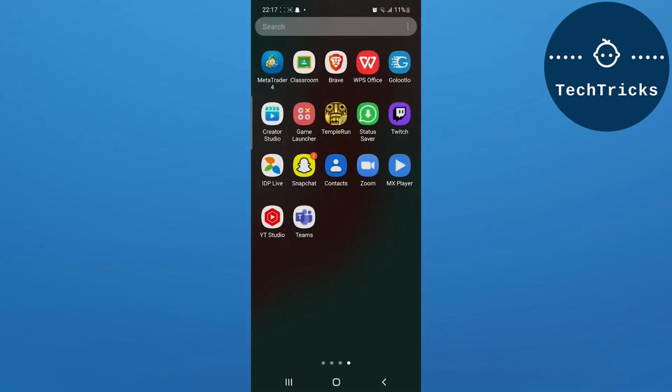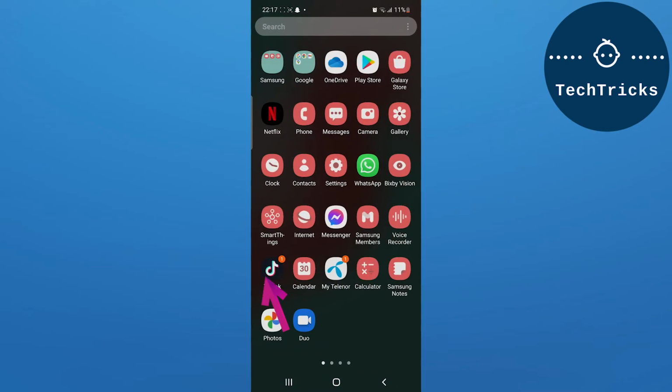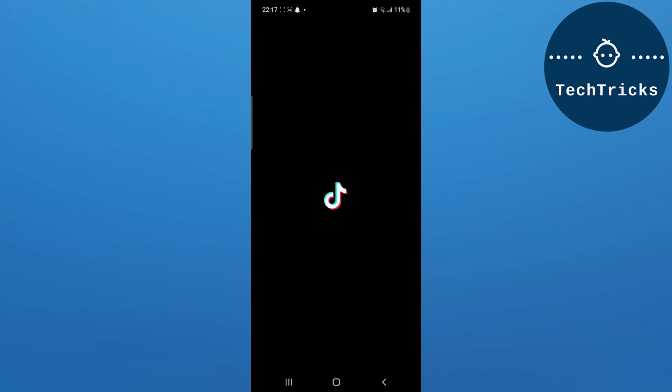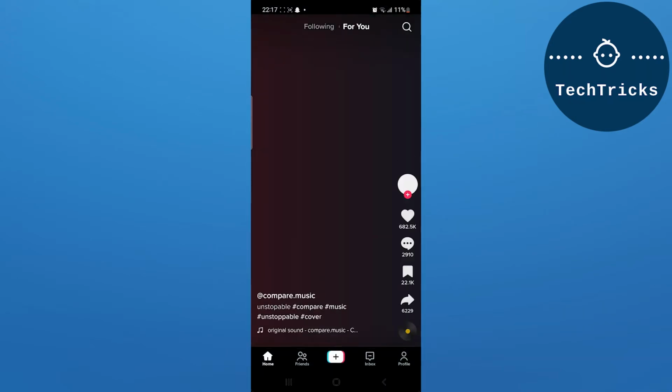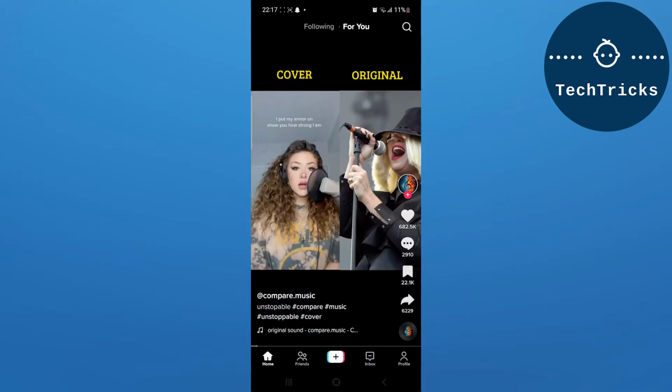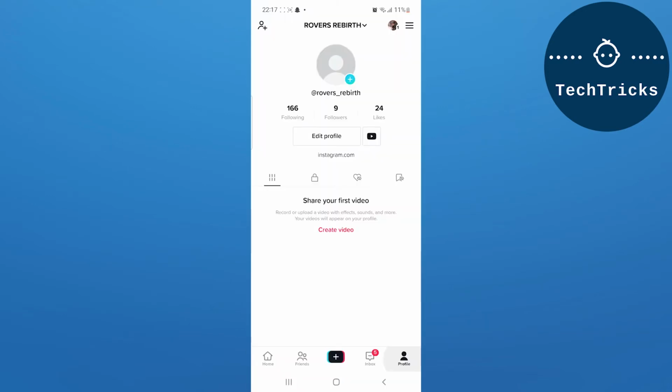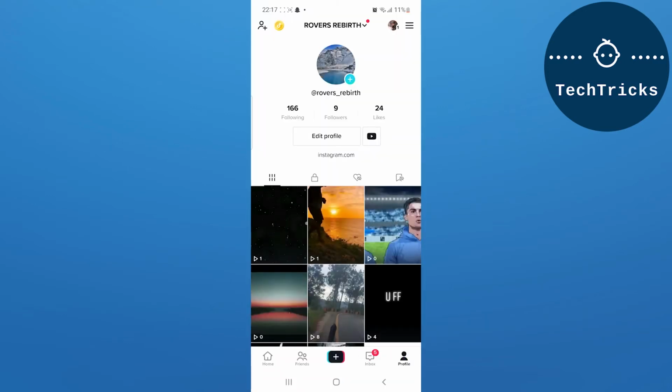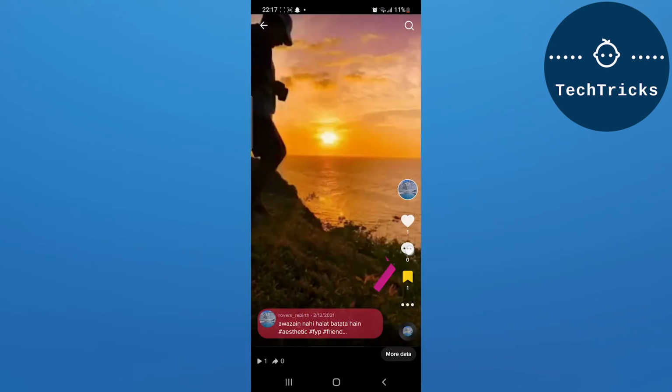Now, first of all, you have to open the TikTok app on your mobile. As you open the TikTok app on your mobile, you will be able to see all of your activity over here. You will see the videos and you will be able to see the comments. Now if you are not able to see the comments on your videos, if you want to see the comments on your video, you have to tap on your video and then go to the comment